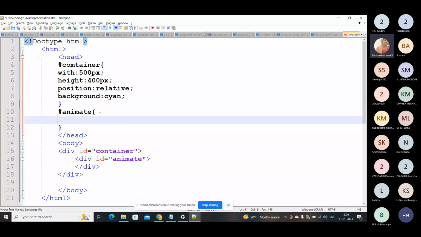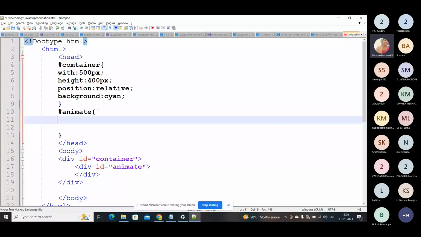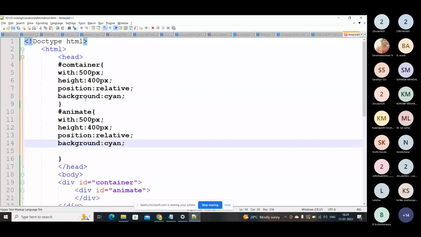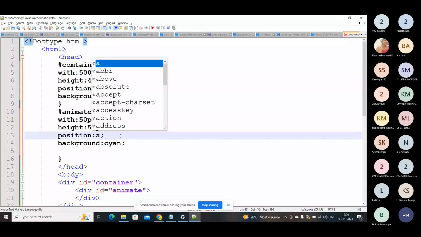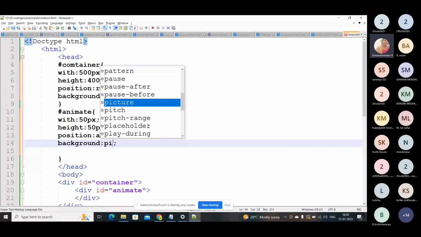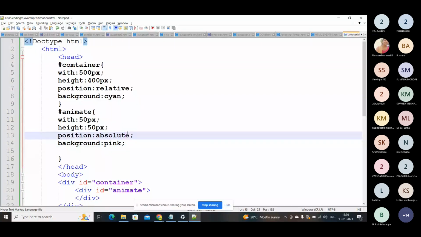So this animate ID is going to move. For this, I'm setting the width to be 50, and here it's going to be 50. And what we have to change, so this is a child, so obviously it will be absolute. And if you want to change the color, yes, I'm going to change this to be pink. Okay, so this is how it will be, and you have to mention within the style element, right? Style